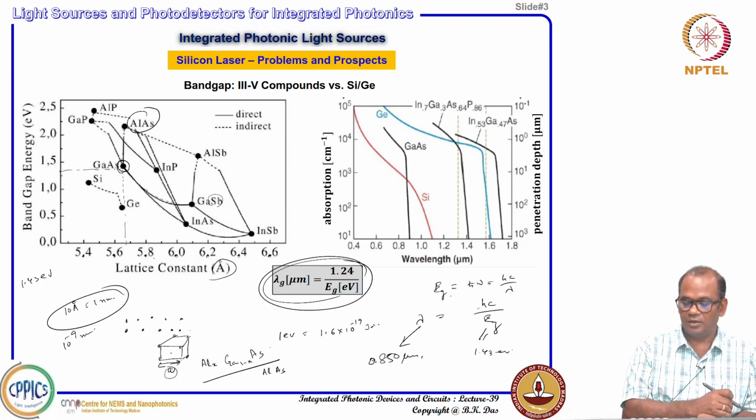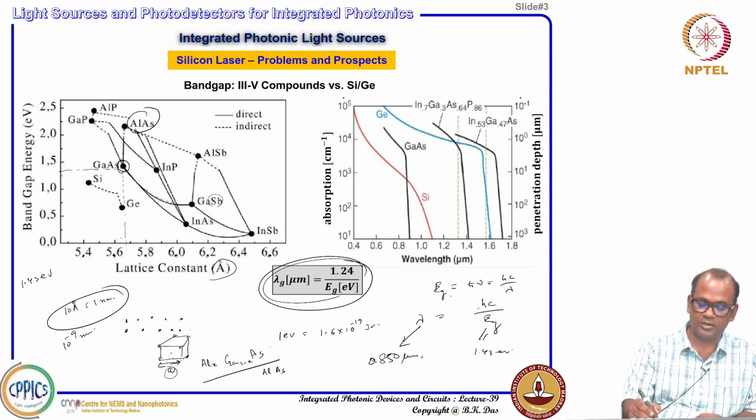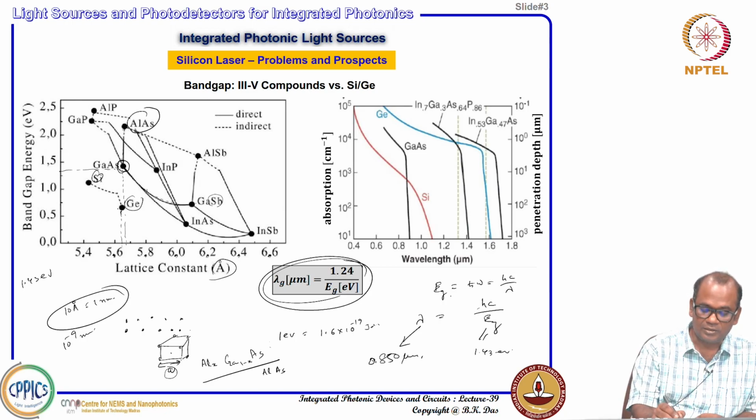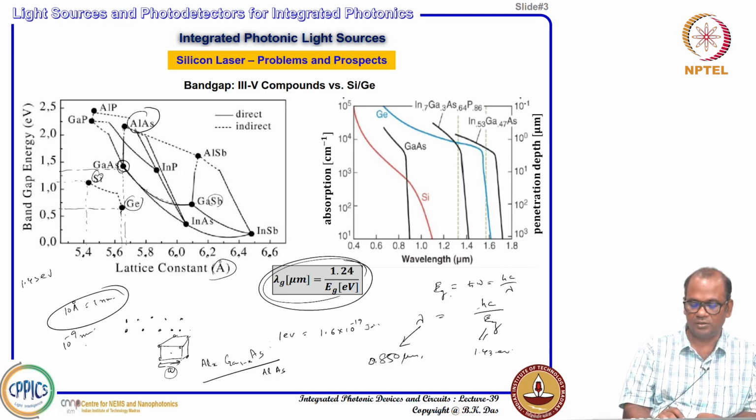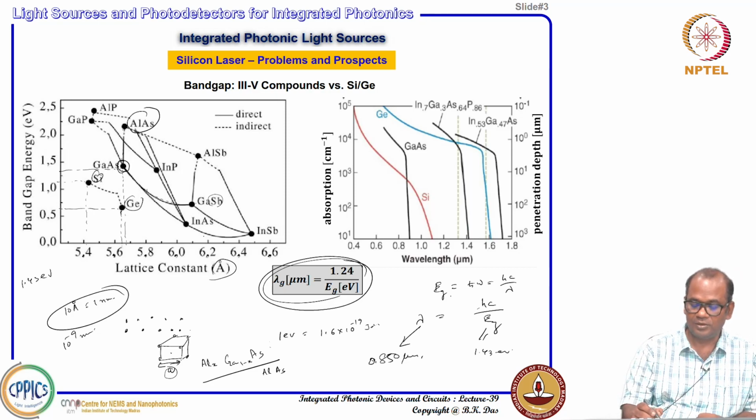Normally, if you think of the different types of compound materials, and position germanium and silicon in the same chart, germanium's position is this one, with the corresponding lattice constant, and the band gap is around 0.67 or 0.7 electron volt. Silicon, as you know, is 1.12 electron volt, and the lattice constant is about 5 point. What is lattice constant? I will come to little more details in the next slides. So, in this slide, whatever we have shown here,